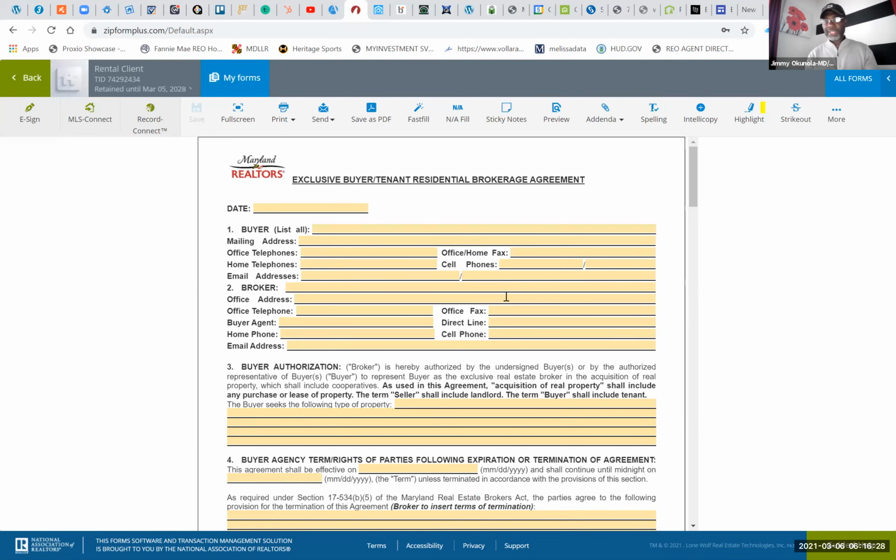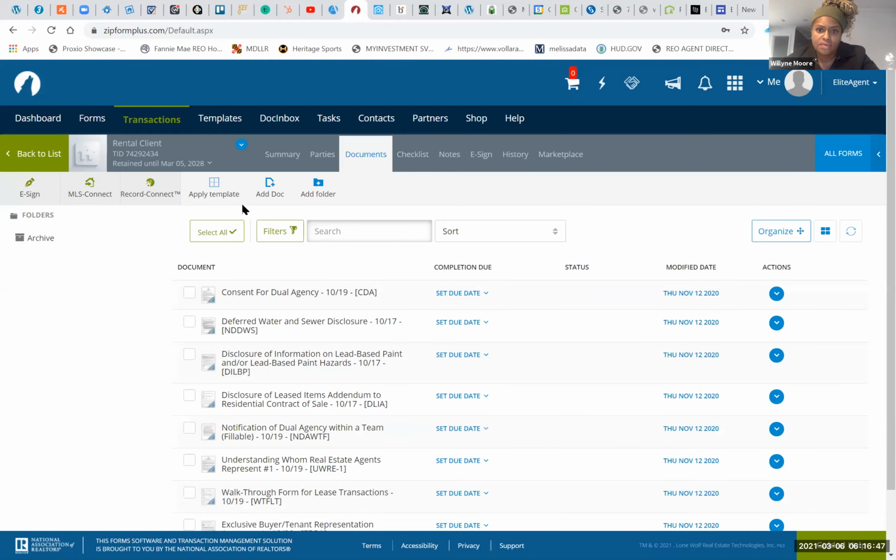The reason why I love zip forms is I can create a deal here and I can pre-fill it by using my cover sheet so I don't have to type a bunch of things a bunch of times. Okay. So once you get your zip form set up, it will be a whole lot easier for you to be able to do this. To show you something, I know we're going a little bit off topic, but to show you something,